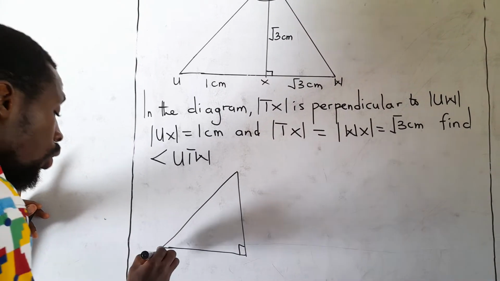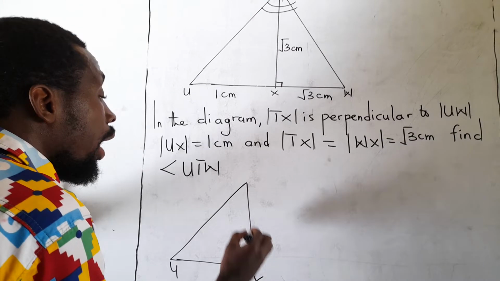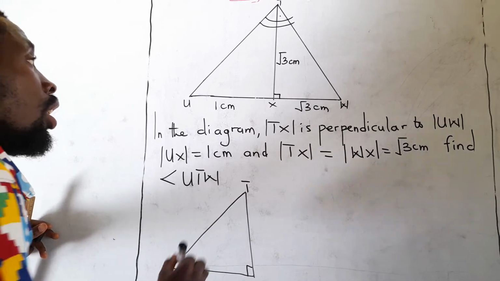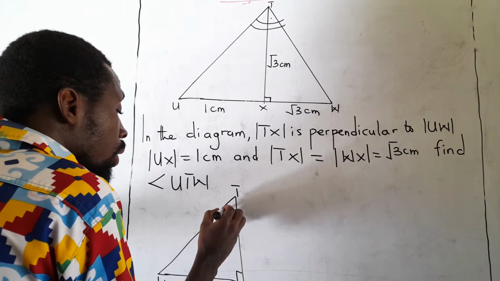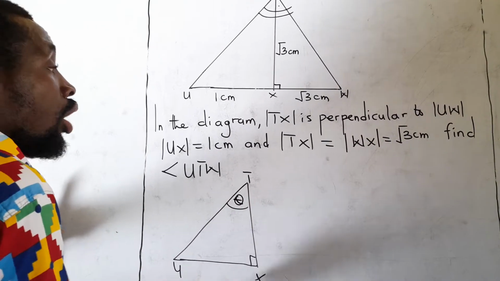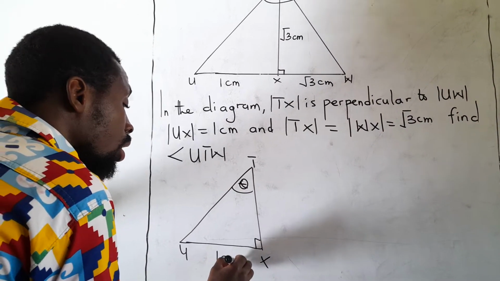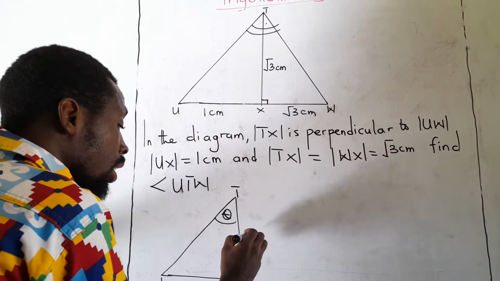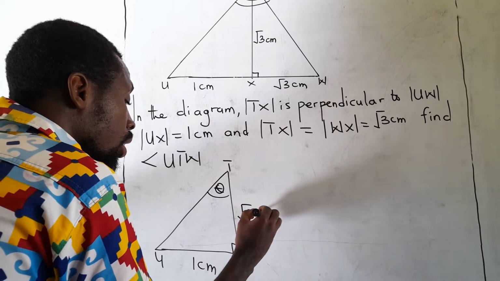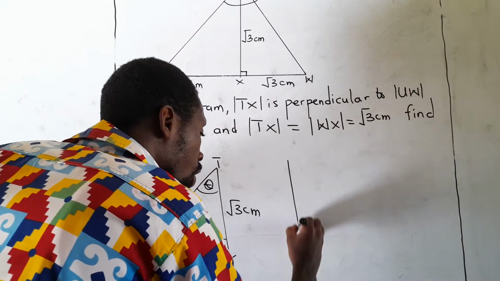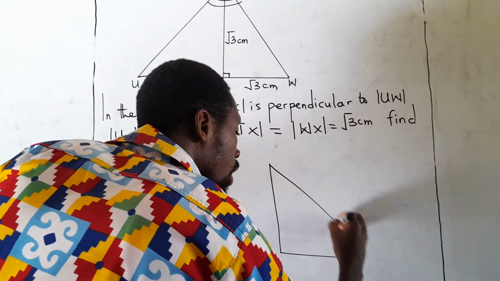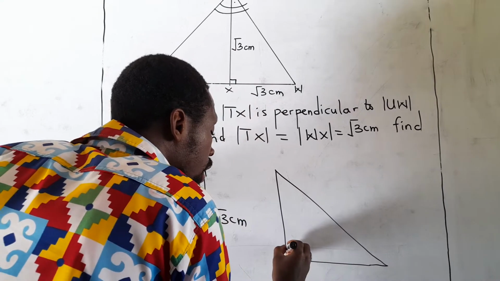Where we'll have UXT, and I'll let the angle there, that was the angle here, to be theta. Where my UX is 1 centimeter and my TX is root 3 centimeters. Also, I can have another diagram like this,